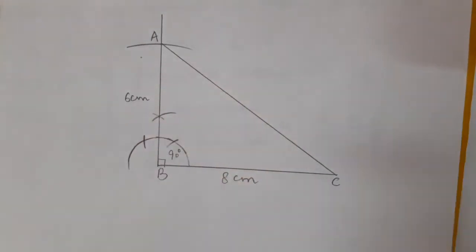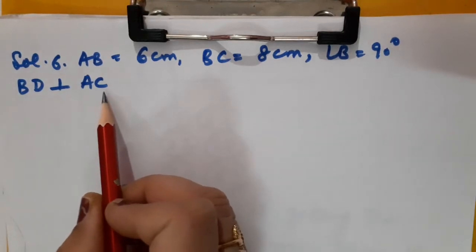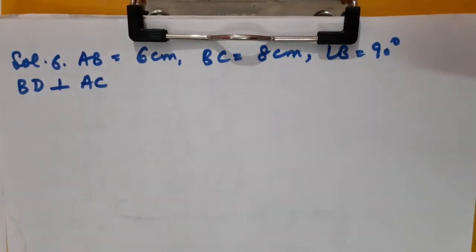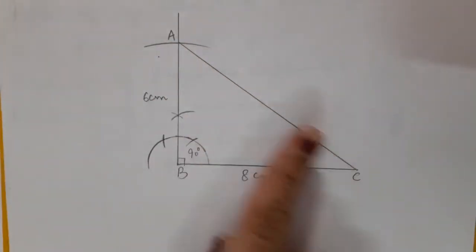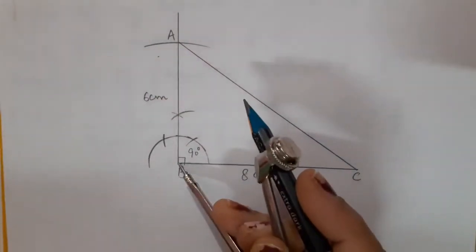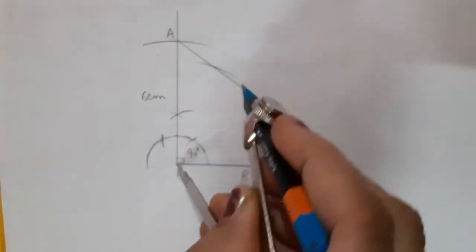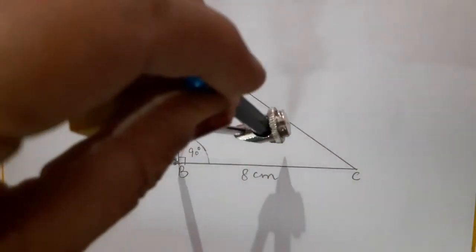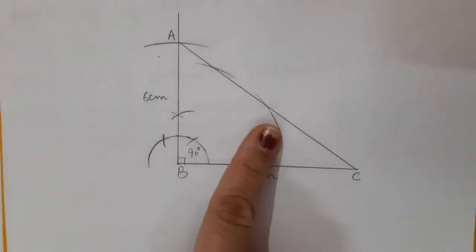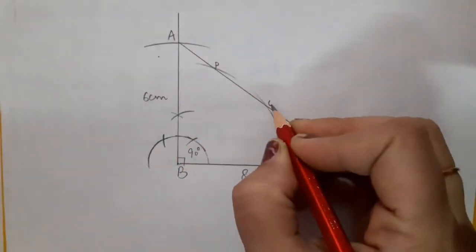centimeter constructed. Now next is that BD is perpendicular to hypotenuse AC. Fine, from point B. So children, it means I want point D somewhere on the hypotenuse AC. So what is to be done for that? You just keep your compass at point B and draw two arcs of any suitable radius which would cut the hypotenuse. Here you can see that I have got 2 points. You can just give them the name as P and Q.